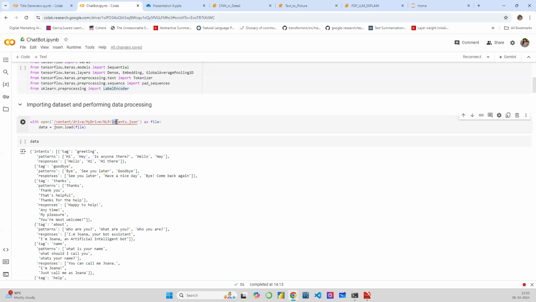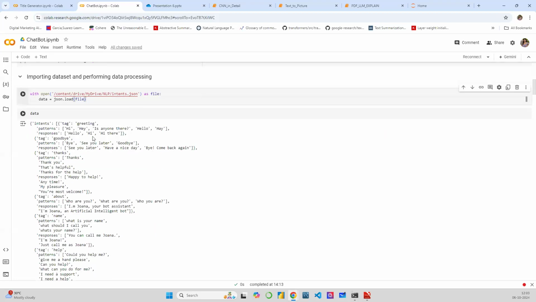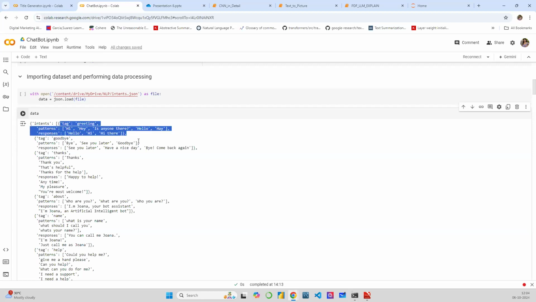So I have this one JSON file over here named intent JSON that I'm using. How is this JSON file looking? Let's see. I have one key called intents, and inside of it I have keys called tag, pattern, and responses. So this tag will be used in our chatbot. This is the pattern which the chatbot is basically going to look for in the input, and these are the responses that our chatbot is going to give out. So you can add as many tags, patterns, and responses as you like to it, and build your own very basic chatbot with